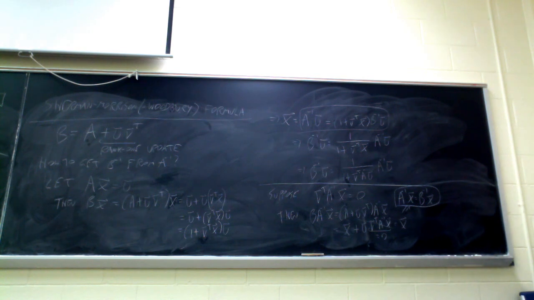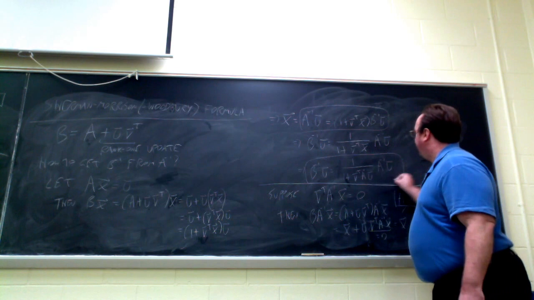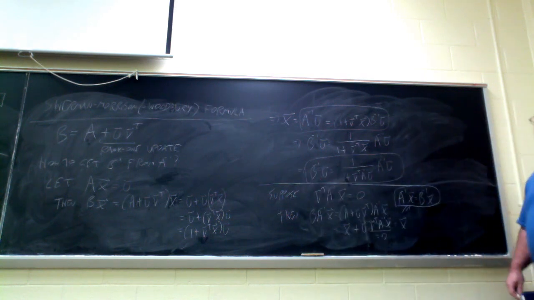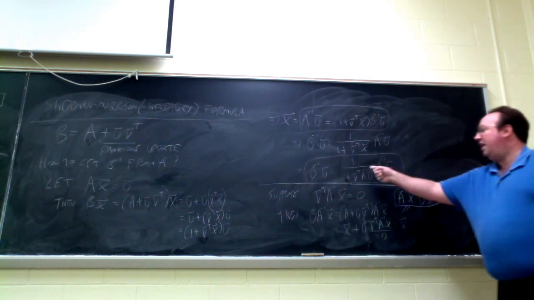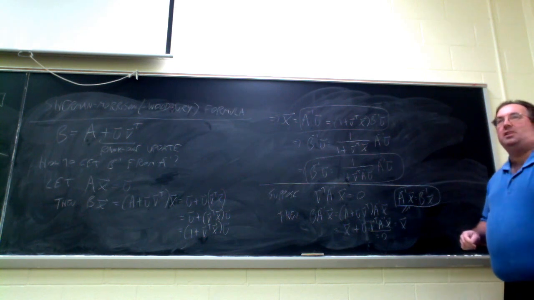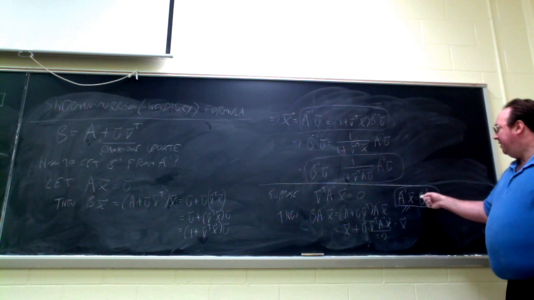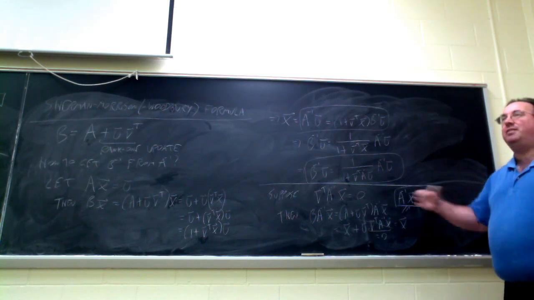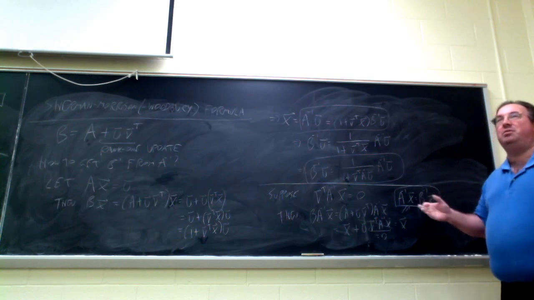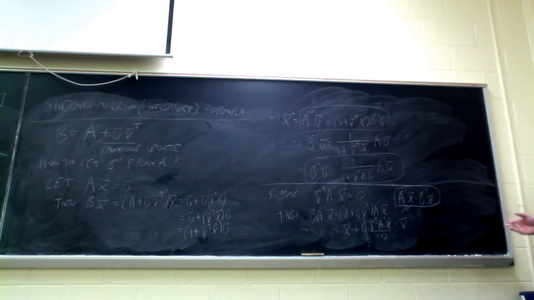So these two equations, it turns out, tell me everything I need to know about B inverse. This is how B inverse acts on one dimension of my vector space. And this tells me how B inverse acts on n-1 other dimensions of its vector space. Between the two, I have the whole n-dimensional vector space covered. So I can use both of these to completely determine